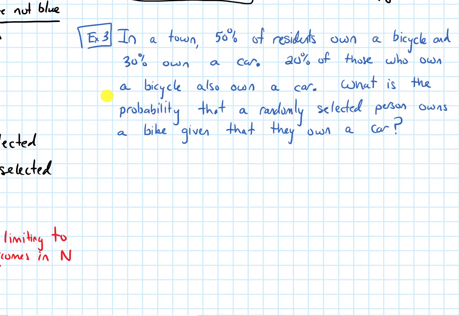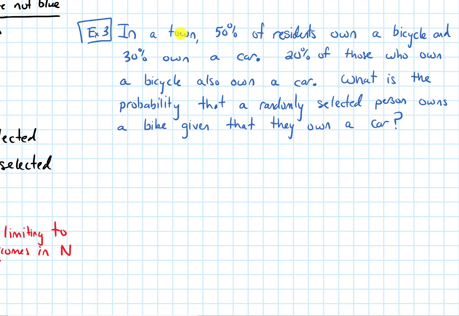So a word problem this time. In a town, 50% of residents own a bicycle and 30% own a car. 20% of those who own a bicycle also own a car. What is the probability that a randomly selected person owns a bike given that they own a car? All right, so